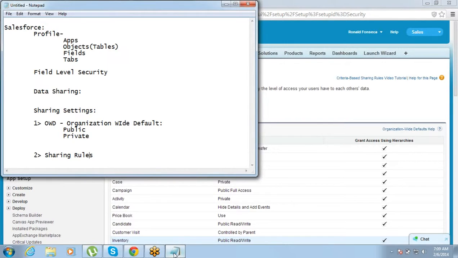In one, we are defining whether a user will be able to see a particular field or not, or whether the marketing user profile will get to see a particular field or not. In sharing setting, we are talking about whether, in accounts or opportunity, the data will be shared completely or not shared.